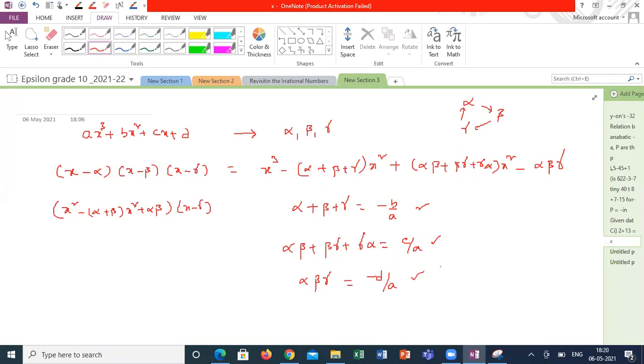Why this is necessary: if the power is 10 or power is 20, it is not possible to factorize. We don't know whether the factorization will come or not, but I need a particular combination, the relation between the zeros. So at that time, this strategy will be useful for us. If anyone has the doubt, sir, for a quadratic equation it is easy to factorize and I can give the relation directly, why we need to learn?